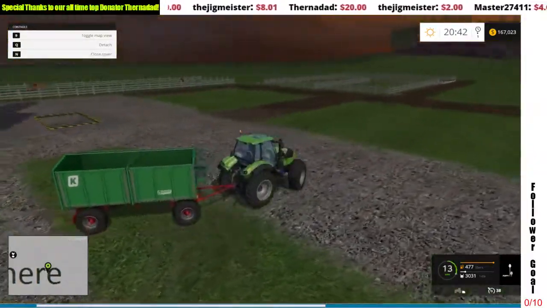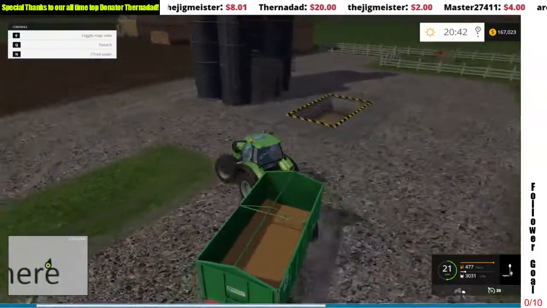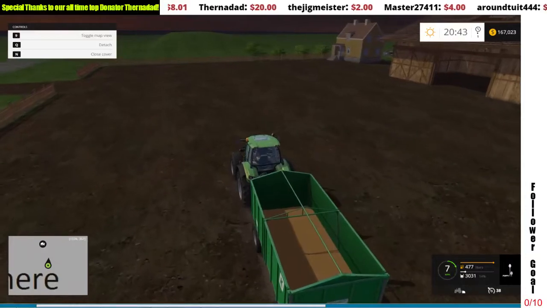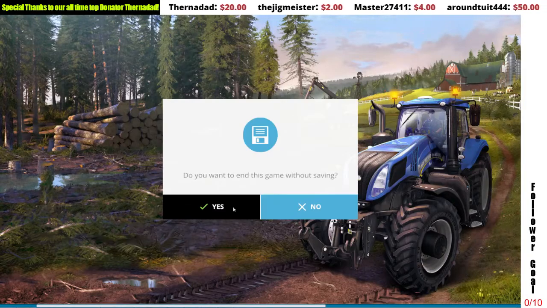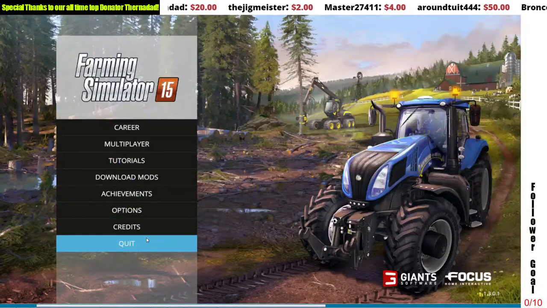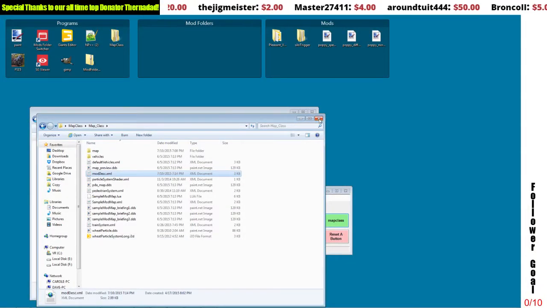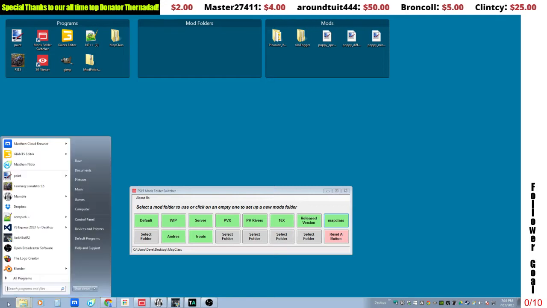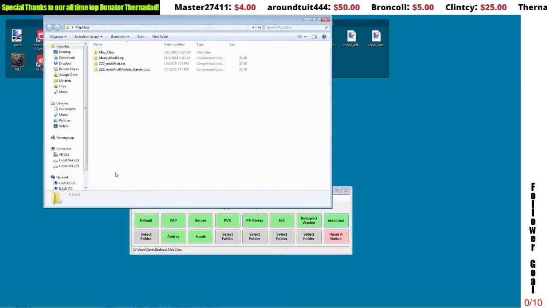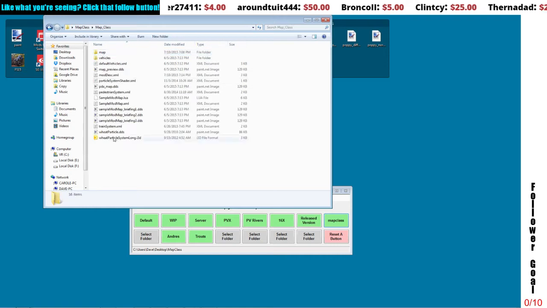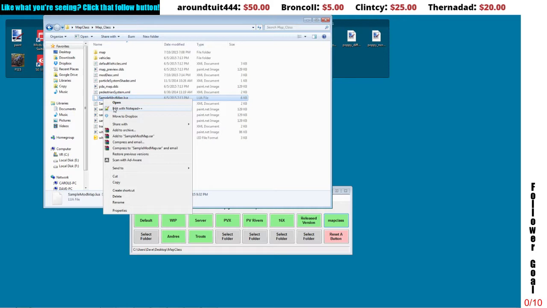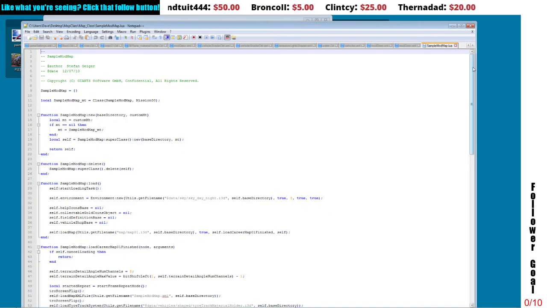Basically, in any trailer we choose, we're going to want to get it to actually look like poppy rather than wheat or whatever it looks like right now. So this section is a little bit more complicated, but let's get through it. And basically we're going to start like this. Actually we'll start over here, in your map class map folder, in your sample mod map Lua file. We'll open that up. If you scroll down,